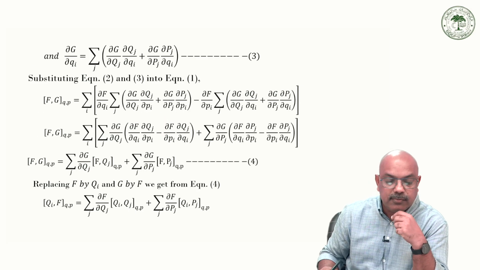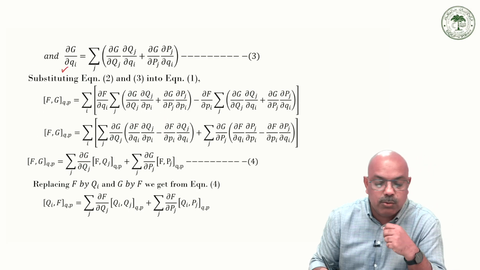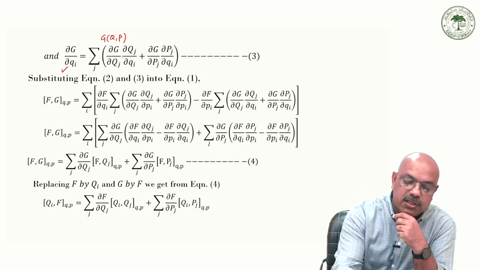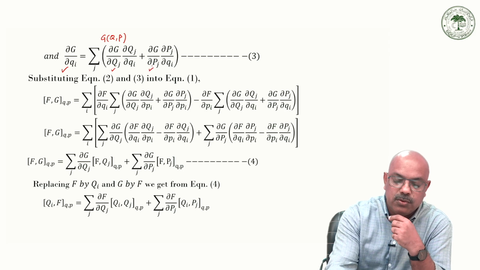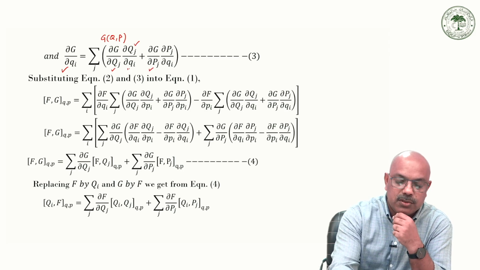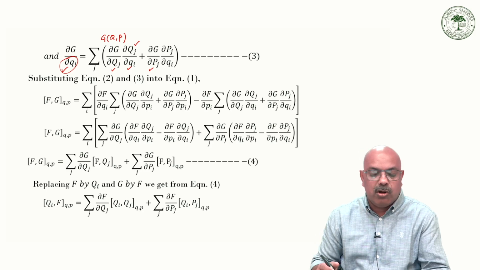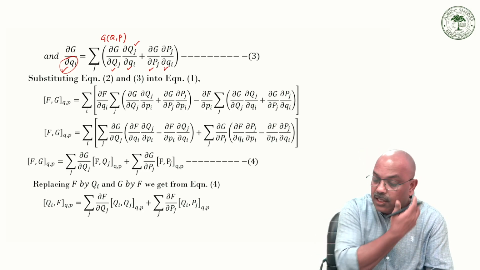Okay, similarly we can write for g with respect to small q_i. Because g is a function of Q and P, we have g with respect to Q and g with respect to P, and then Q with respect to small q_i and P with respect to small q_i, because we have to partially differentiate with respect to small q. And this is how we have it. Now